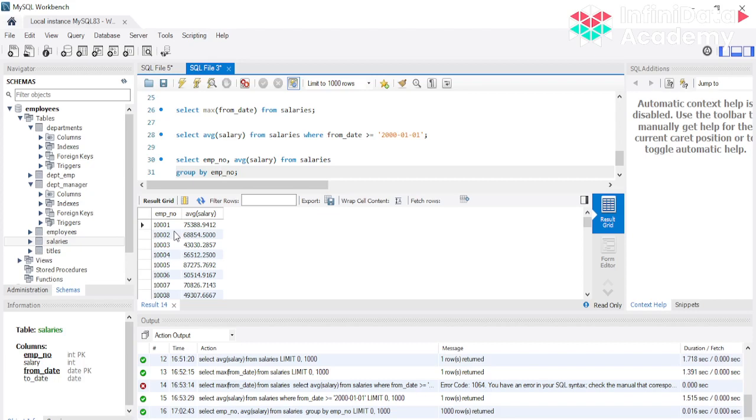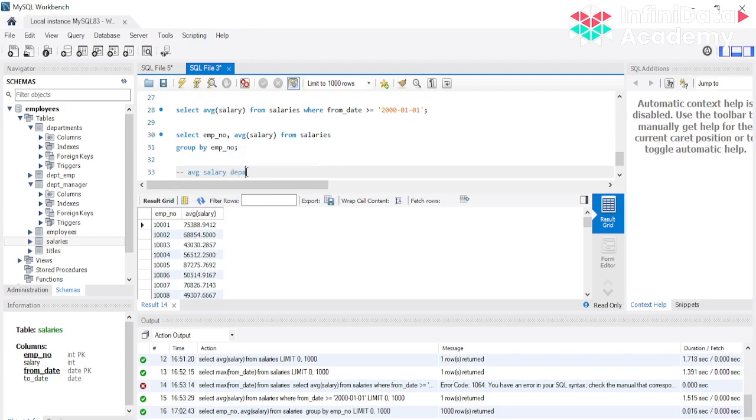Same way you can use the min and max function as well and use this to visualize your data. And over here we have done group by on only a single column. We can also group it by multiple columns. In that case we'll just provide the employee number and then whatever, let's say I'm writing from date, so the from date column, and those same details we can put in the select statement here as well. Always make sure that if you are using a group by function, then this group column will show you the output result of the group by. And all the columns you are selecting before that should be used as your group by columns, right?